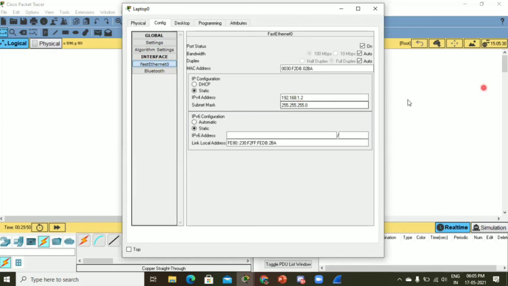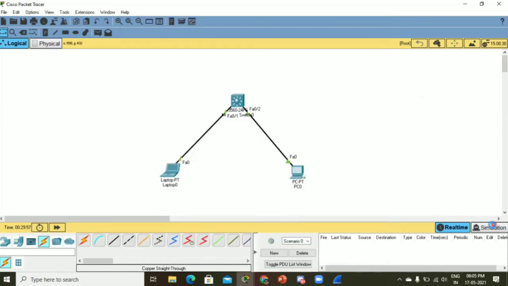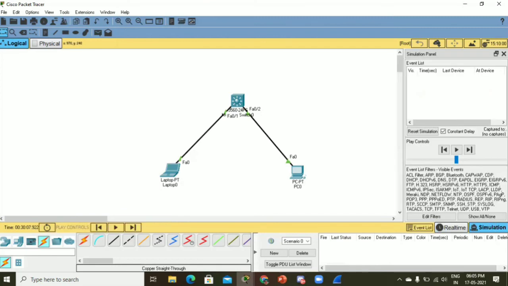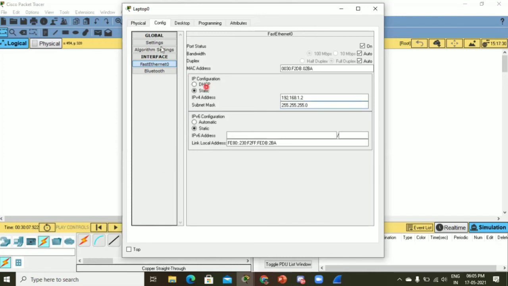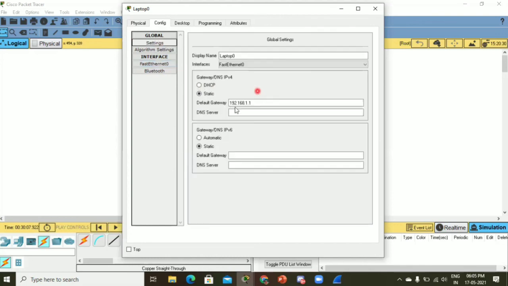The subnet mask is 255.255.255.0. So let's go to simulation. Okay, I'm going to initiate traffic. Now this PC is unaware of the MAC address of the default gateway. We have statically assigned the IP address of the default gateway.